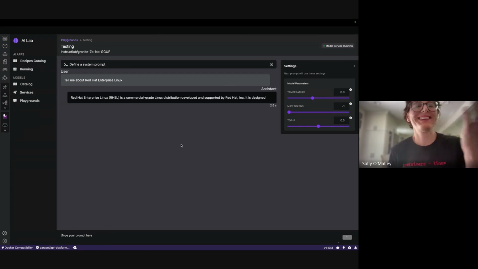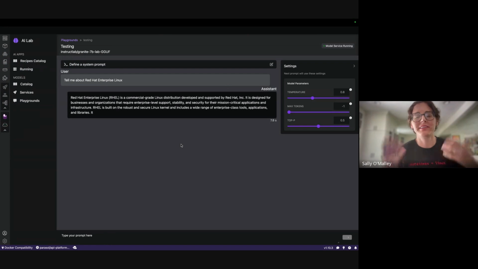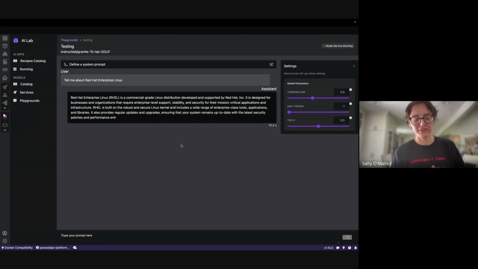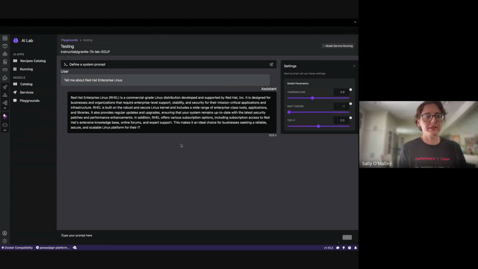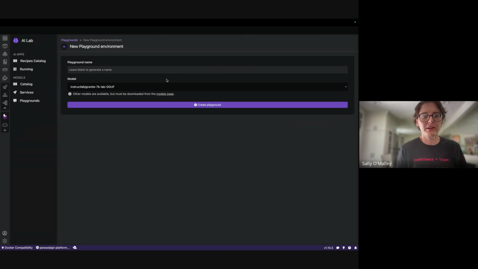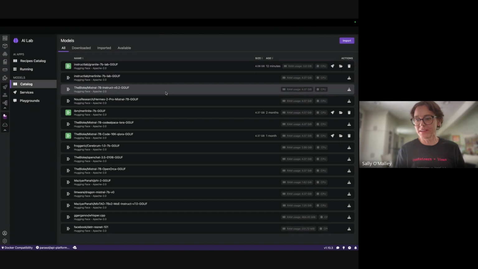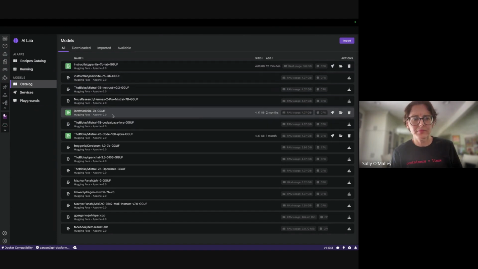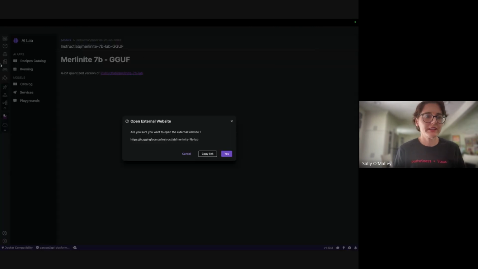Okay, so yeah, it's working. And usually, honestly, there isn't a problem. I'm not quite sure what was going on other than the demo gods have struck again. But here's the playground. All I did was, again, you can choose different models. So if you're a developer and you're not quite sure which model you want to use, you can go to the catalog here and choose one. I believe you can get more information about it.